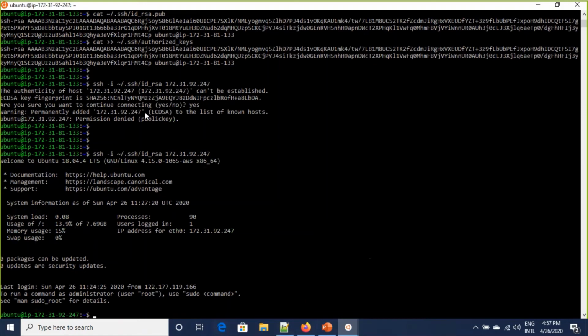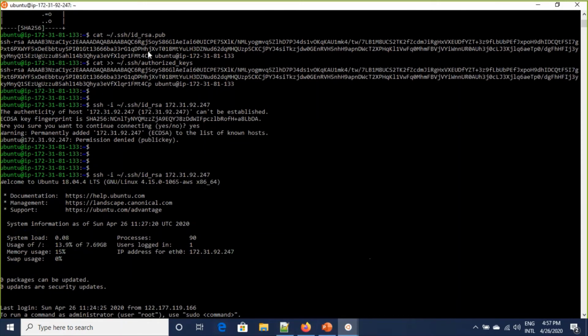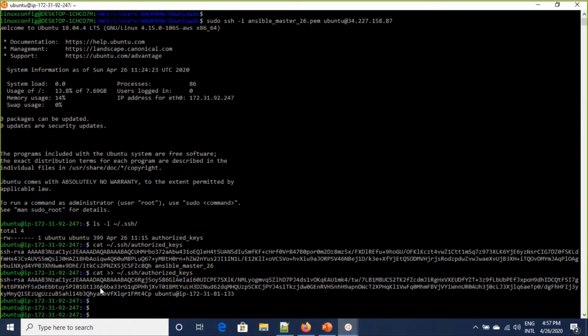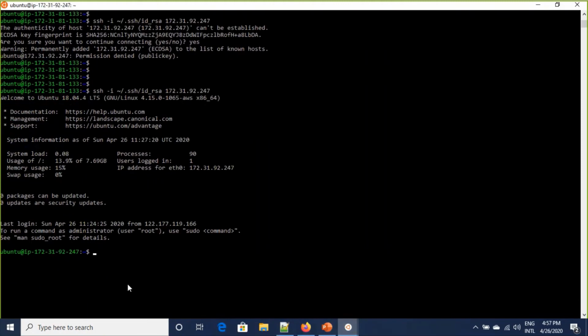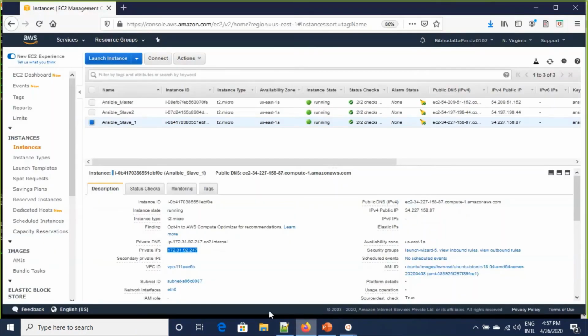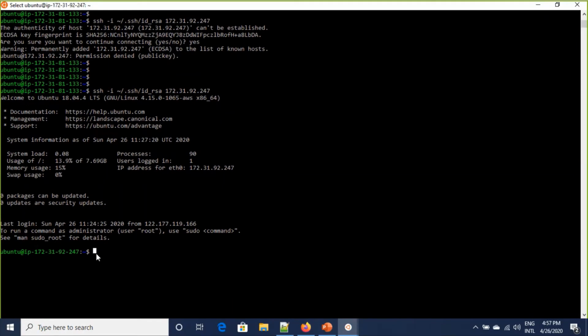We have copied the public SSH key of the master and appended it into the authorized keys section of slave node 1. This is now the private IP of your slave node, 92.247. The same thing we can do for slave node 2.